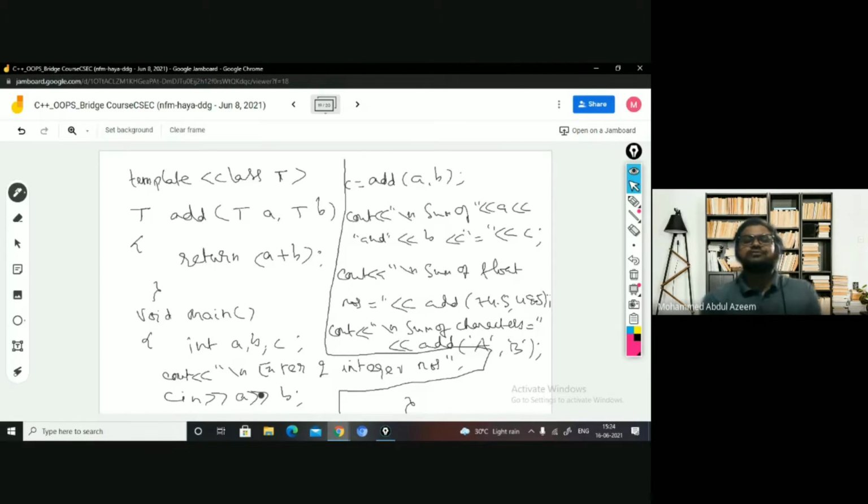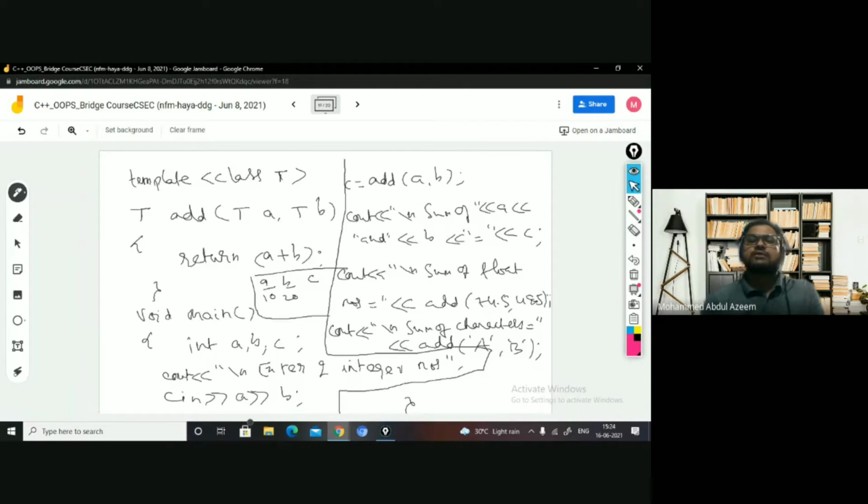What happens? The execution always starts from main, as you know, right? A, B, C are the three variables you have declared. For these, memory is going to be allocated, 2 bytes each. Now, enter two integer numbers. The user is going to enter some values. Let us say he has entered 10 and 20, which have been placed in A and B. Now you are going to call function add by passing A and B. What are they? 10 and 20, right?